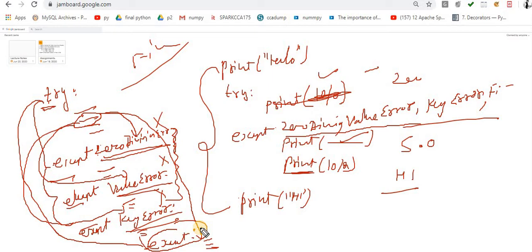Now your assignment is to try to convert your previous 5 to 10 programs with the help of this try and except statement. Where you find the error, let's suppose you find the ValueError, in case you find KeyErrors, try to implement this try and except statement there. Anyone having doubt, please let me know.